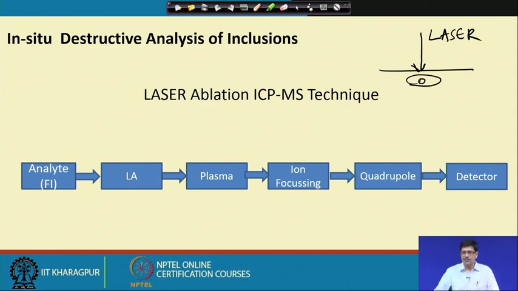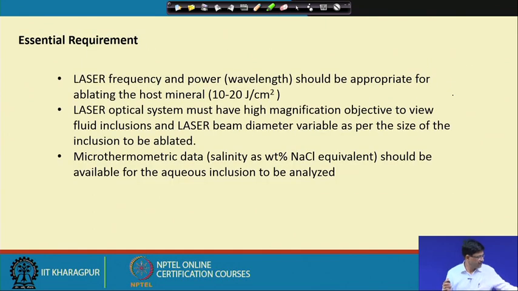So, in a closed chamber in the absence of any other gases, again a laser is used, but this laser is different from the laser which is used in LRM. This is a pulse laser, much higher in its energy, an excimer kind of laser or Nd:YAG, neodymium, yttrium, aluminum, garnet kind of laser, and this laser beam has a particular spot size. Suppose this particular inclusion measures some 20 microns or so.